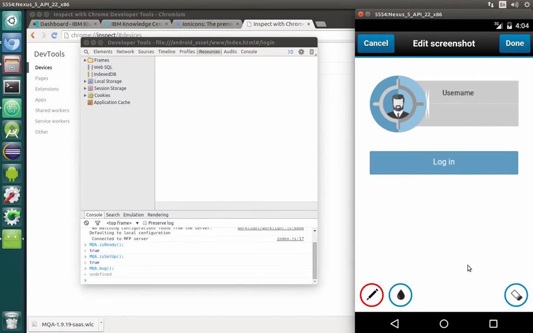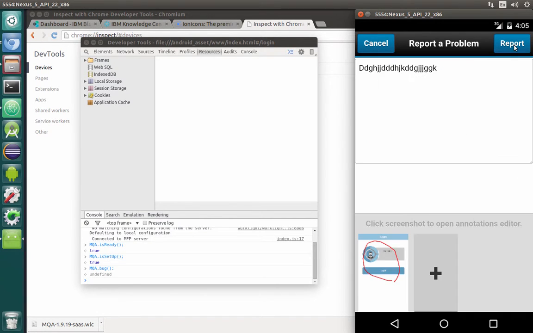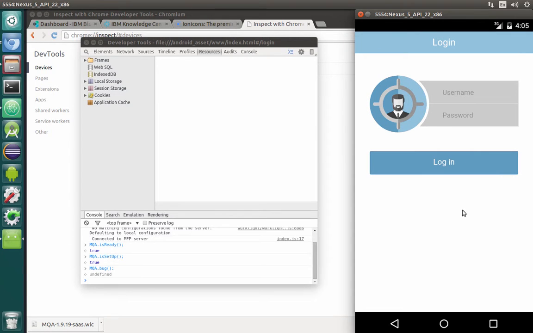But as you probably noticed, the screenshot is not perfect. To be honest, MQA is much better in native presentation than in JavaScript. So if you have a chance, make sure that you're using the native MQA for Android or iOS rather than JavaScript. But for basic things, JavaScript will be okay. For example, I can point something out with my finger, with the mouse, sorry, and click done. Then click report, and the report should be sent to the server. Let's go back to the browser,